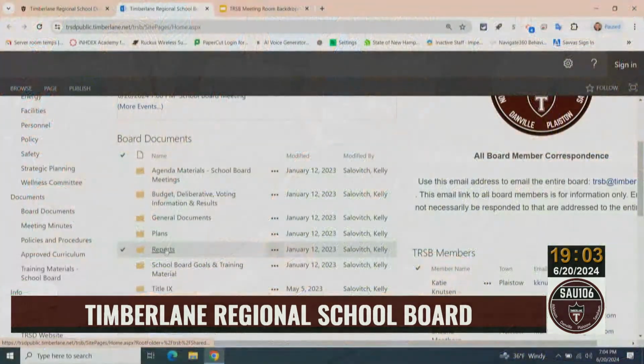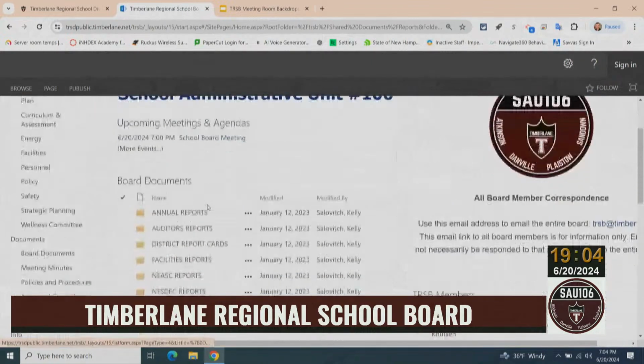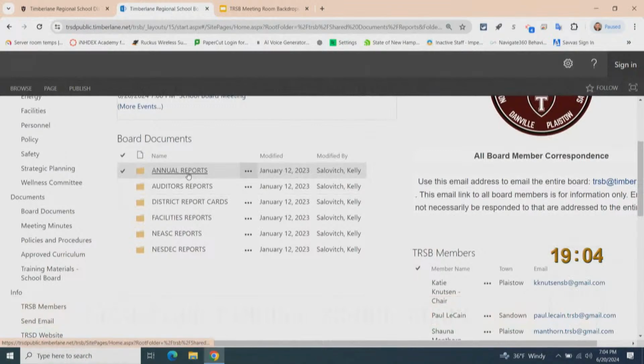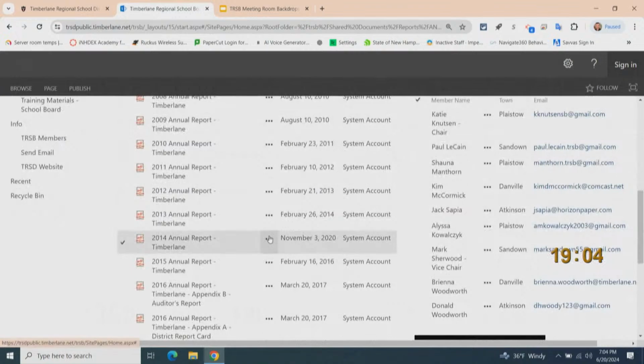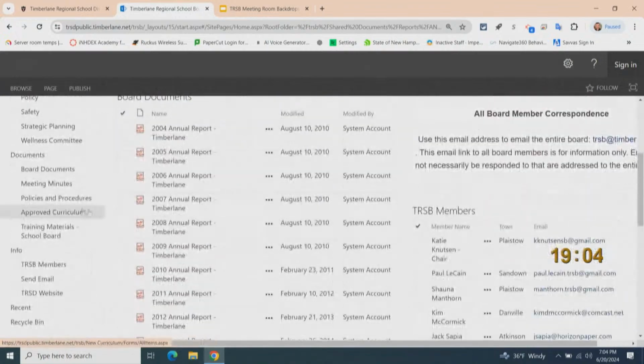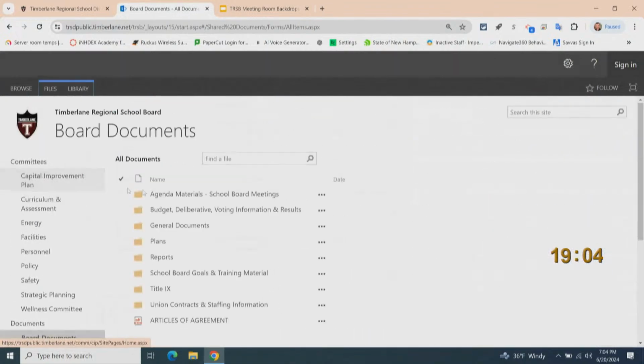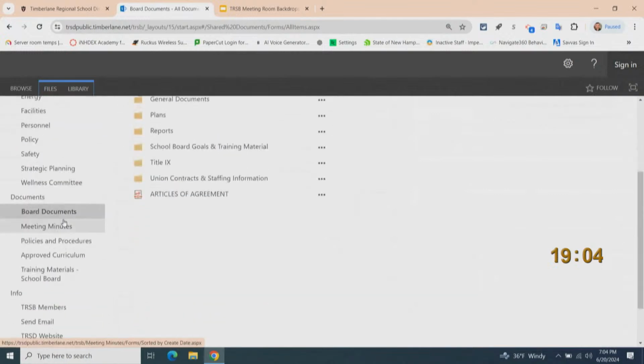So these folders work like you just click on them and you drill into them. So if I'm looking for something in particular, let's say an annual report, I'm going to click on reports and then the type of report. So we'll say an annual report, and you'll see them all listed here, the last 20 or so years of annual reports. So again, a lot of information in these folders that we'll be looking at this summer, trying to make that a little bit more user-friendly.